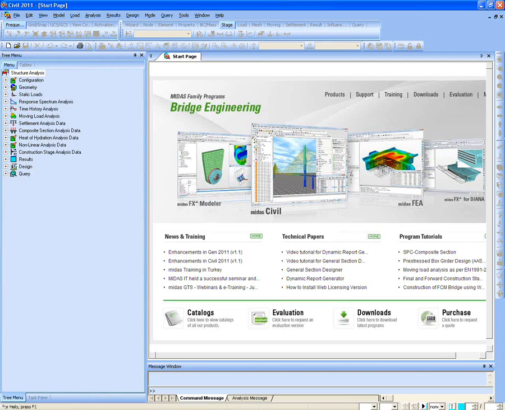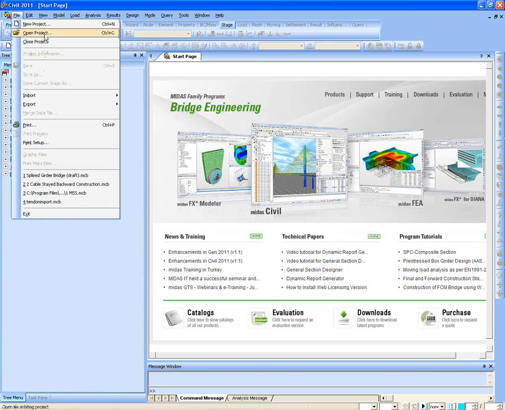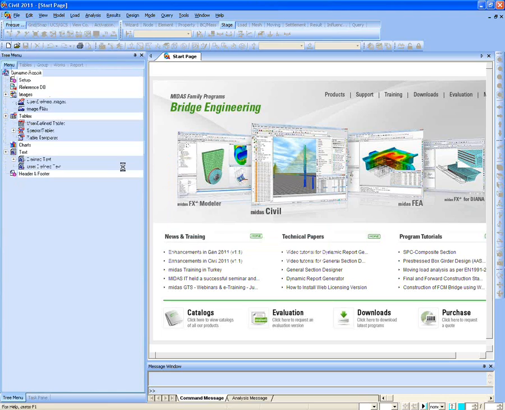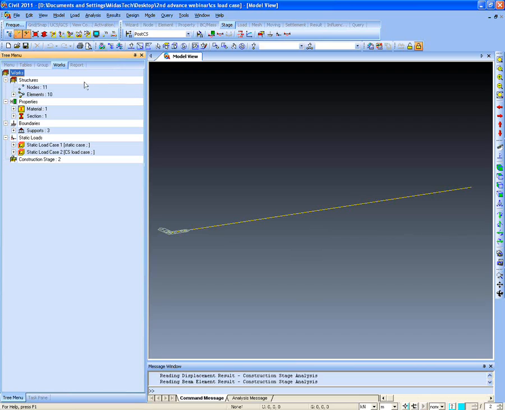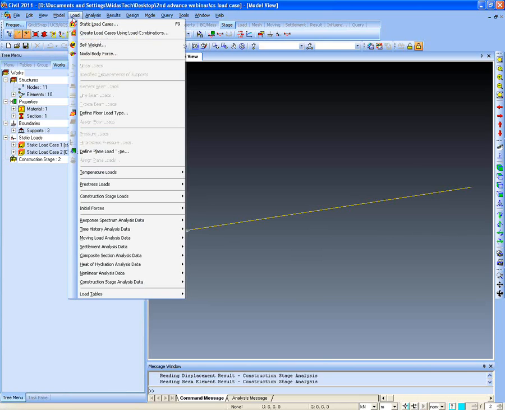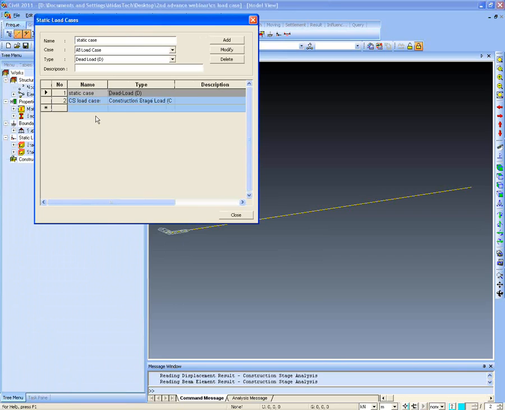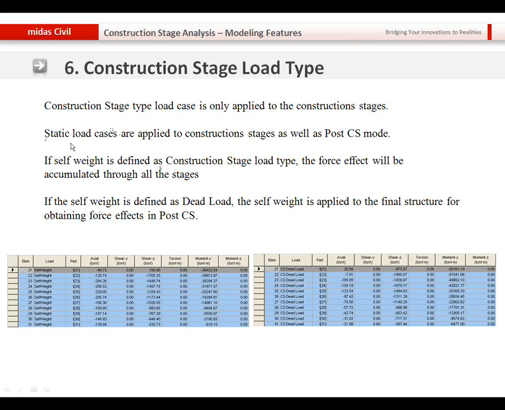So I have opened another work window of Midas Civil, and now I will open the model that I have prepared to demonstrate the difference between the CS load and the static load. Basically, the difference is that the static loads are applied to the construction stages as well as the post-CS mode,